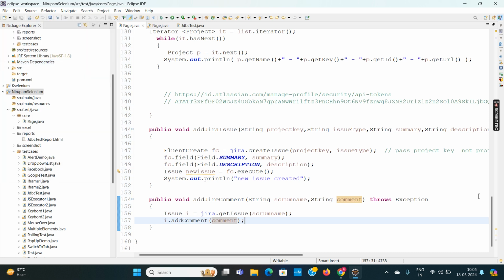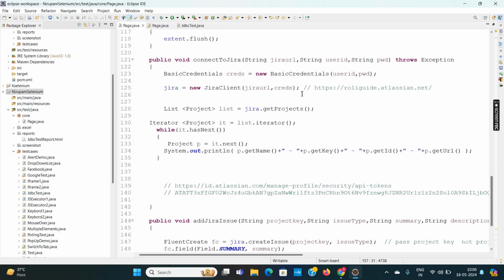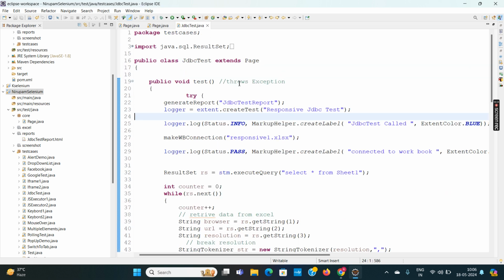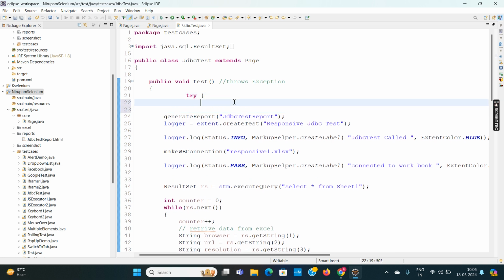these are the methods I have created in my program. Now again, I want to go to this JDBC, and I will inherit this, connect to Jira client like this. Again, go to the JDBC, and wherever you want to use it, you can use it. Like I'm inheriting over here, create to Jira client